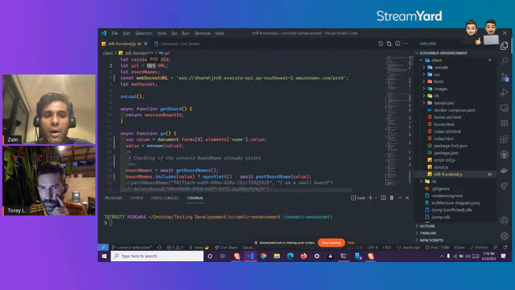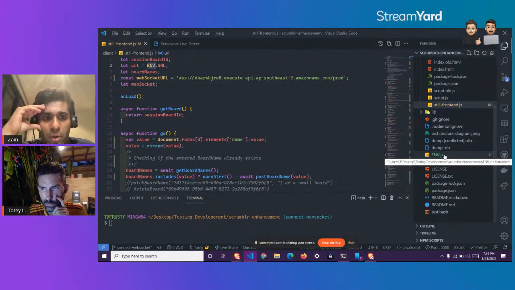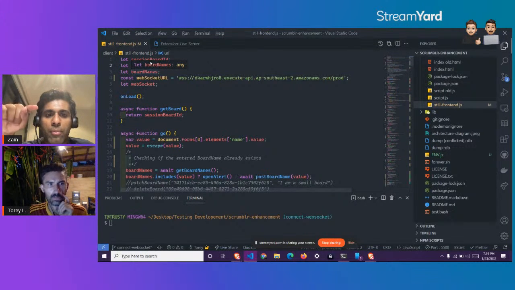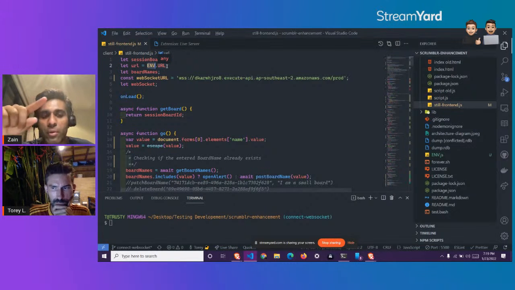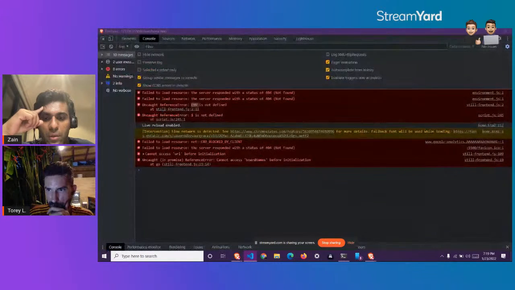No, I know exactly what is needed. The env.url, that is for the API gateway. So we would need to make another constant variable in the environment.js file. Okay, so go in here and make another variable.